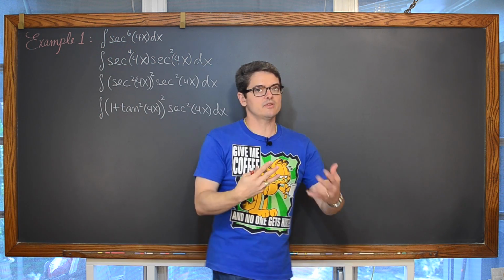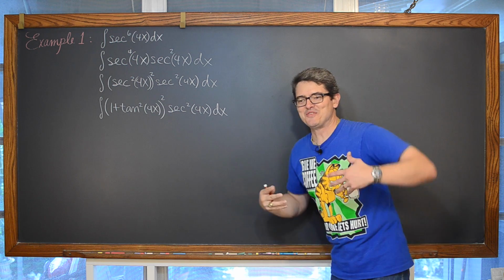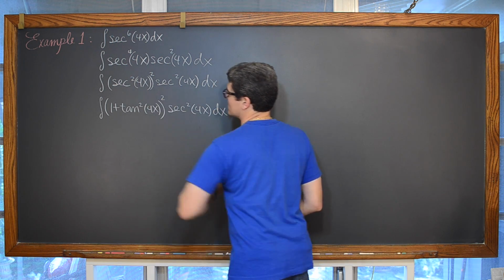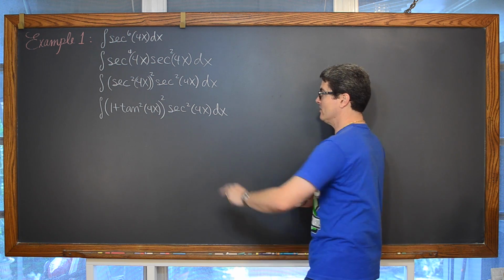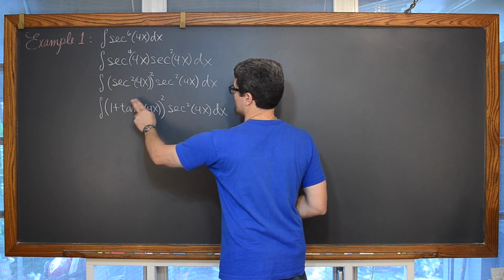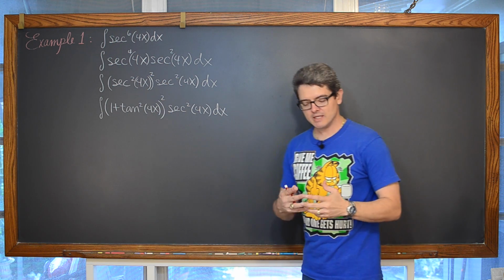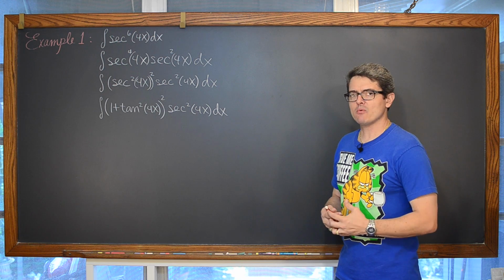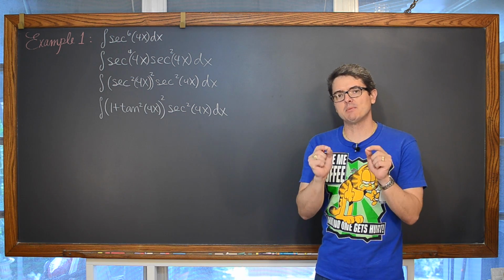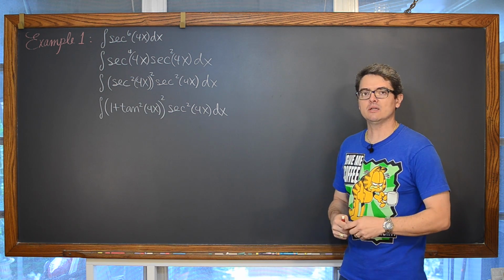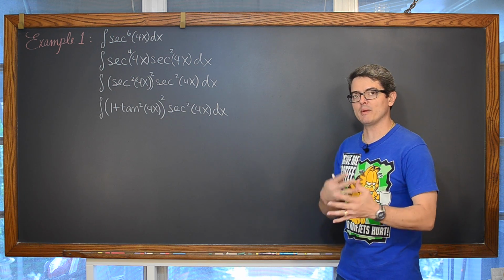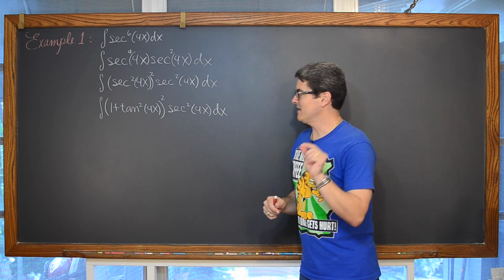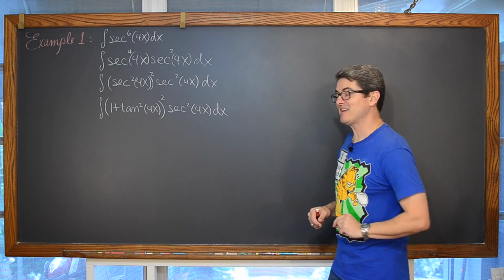Now for speed of the video and to make this as efficient as possible and not quite so boring for you to watch, I'm going to step off. We're going to take this binomial, raise it to a 2nd power, have a trinomial, distribute that secant squared of 4x into each of those 3 terms. And I'm going to give each of those terms a root integral just for maximum clarity of my work. You may find that you don't need to do that as you practice these problems more and more. Maybe you want to streamline your work a little bit, but I'm going to break this down into as small of steps as I possibly can.